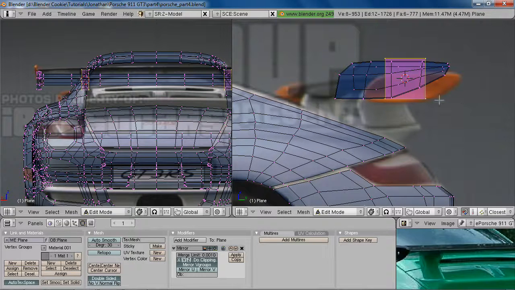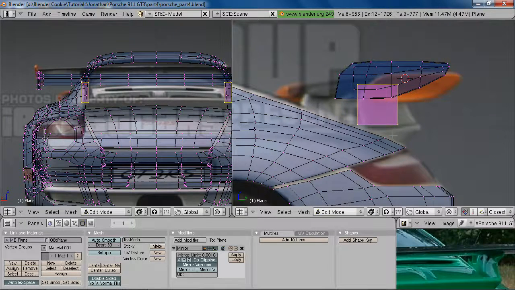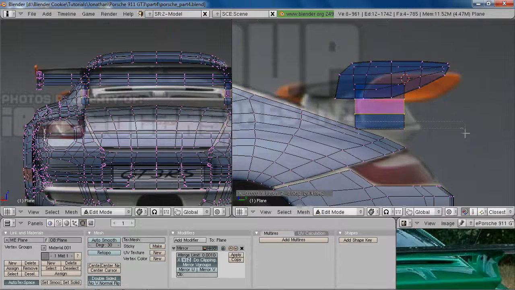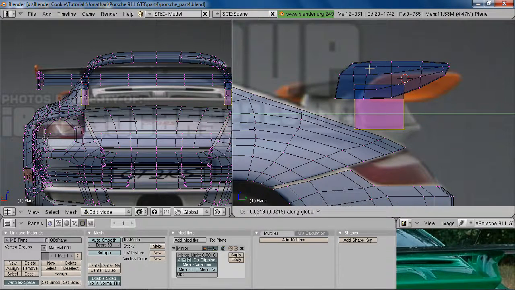and then we'll just take it down like this, and we can see that it pretty much goes right up to the edge of the spoiler. And on the other side, it goes about halfway up. We're just going to pull it down to about there. And then let's add in 2 edge loops, which we can then pull across, or actually first it goes the other way, and then it curves back,